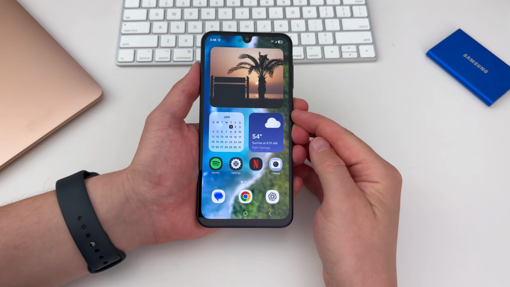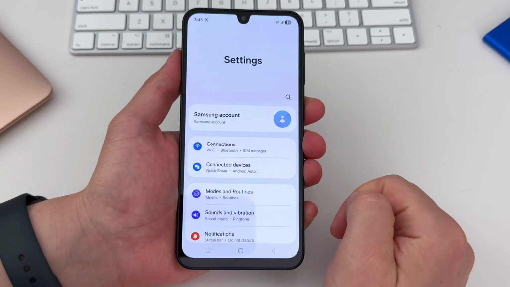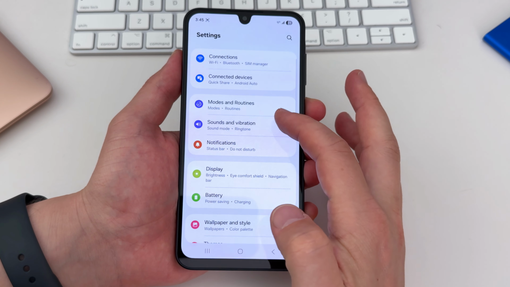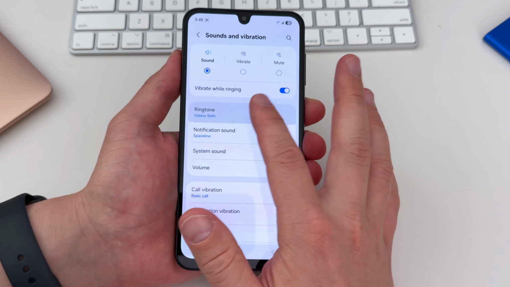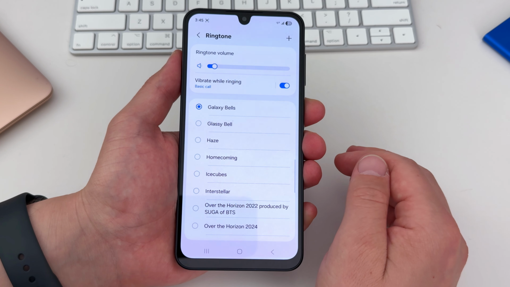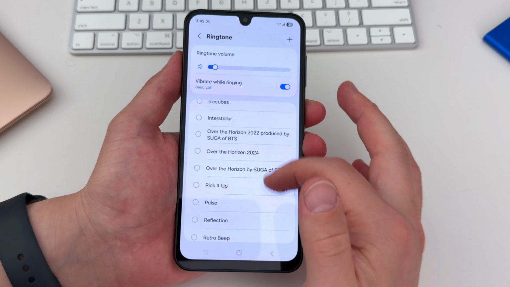To change your ringtone on an Android phone like this Samsung Galaxy here, first you'll go to your settings and then scroll down to Sounds and Vibration. Tap the ringtone setting and you can choose from a long list of built-in ringtones. Tap any ringtone to hear a preview and use the slider on the top to set your ringtone volume to